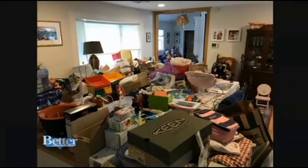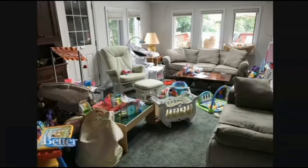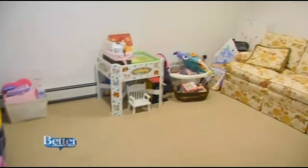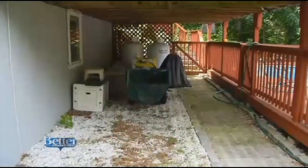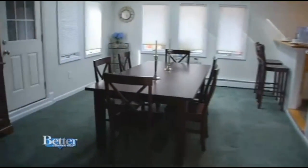Look at the transformation from before to after. Amazing. Same thing with the new dining room. Before, it was packed with kids' toys. Look at it now. The toys have found a spot in the much more organized basement. Remember all that stuff in the backyard? Gone. And the foyer, where first impressions are made, totally transformed. People make decisions in their first few seconds, and if it doesn't feel right immediately, it's unlikely that the house